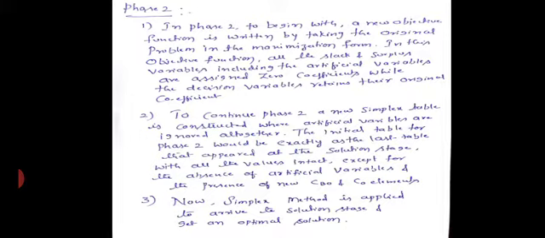And the next step, to continue phase 2, a new simplex table is constructed where artificial variables are ignored altogether. Understood? In phase 2, you have to create a simplex table. As discussed in the previous video classes, there are no artificial variables. If artificial variables are there, in phase 2 you are going to ignore all of them. The initial table for phase 2 would be exactly the last table that appeared at the solution stage, and we need to copy it as it is from the phase 1 final solution, except that artificial variables will be ignored.